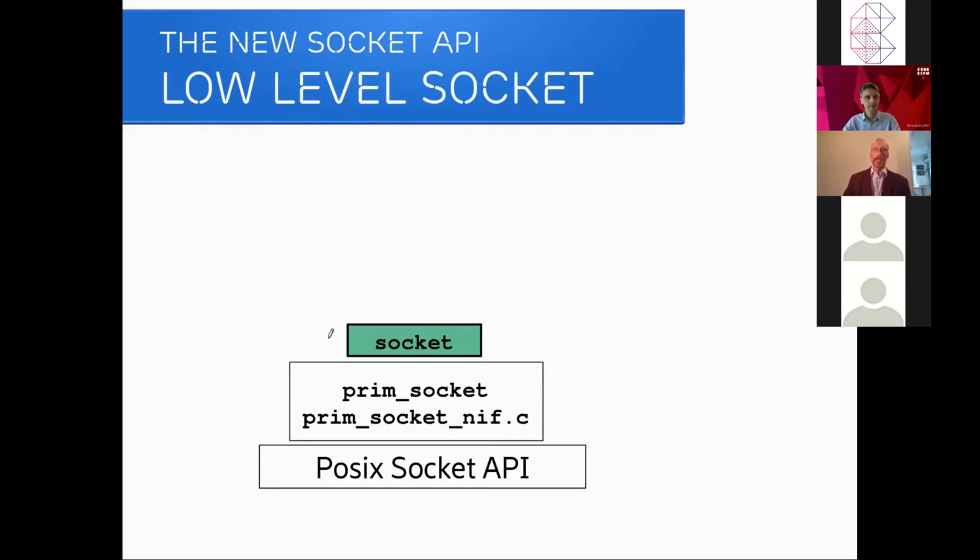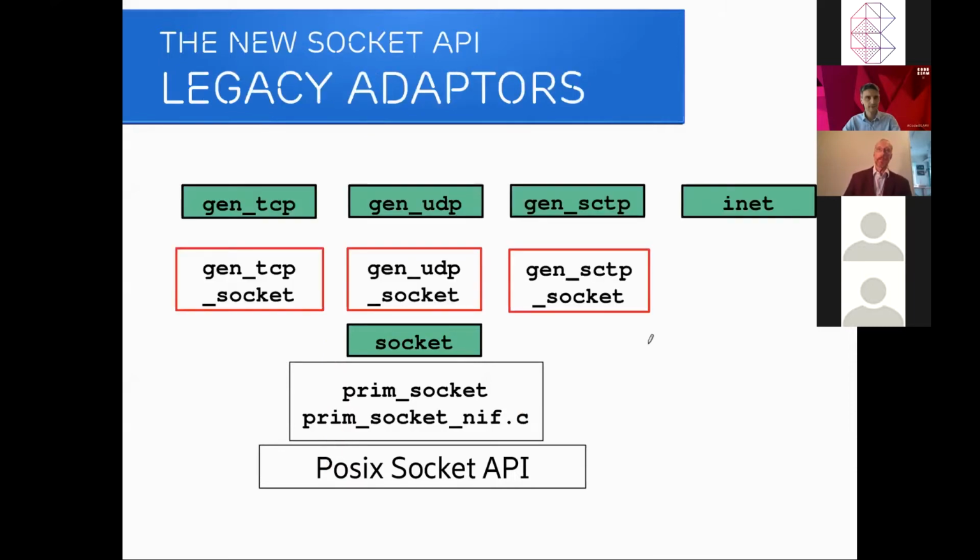It just consists of the API module, the NIF, and the socket API below. So it's a call straight down without scheduling, hopefully, except when there has to be scheduling, when you have to wait. On this, we will build adapters, new modules that adapt the old gen_tcp legacy API to the socket API instead. These will need processes because they need to handle, for instance, receive active mode, and TCP will have to handle the complex packaging and so on. But now we may use the socket API.